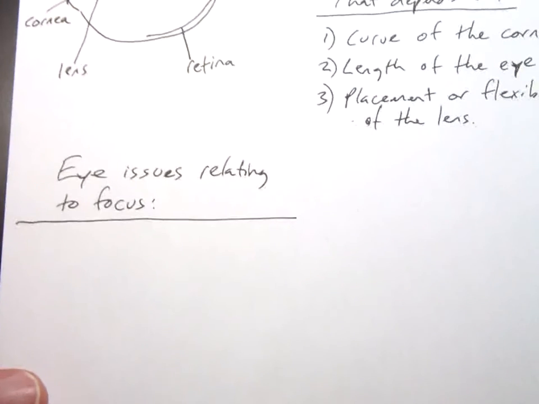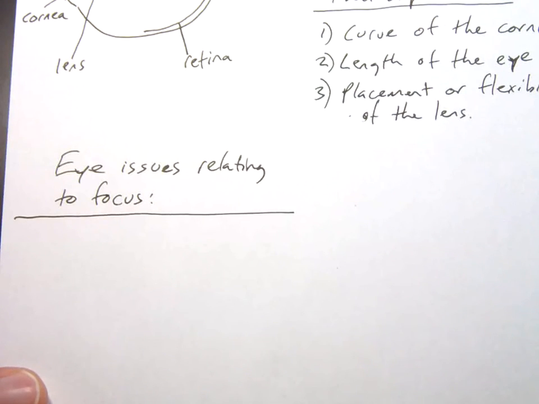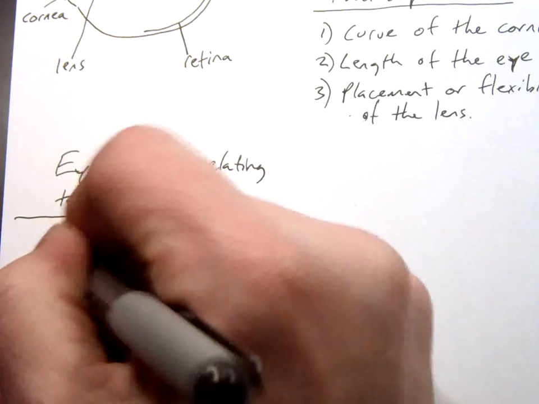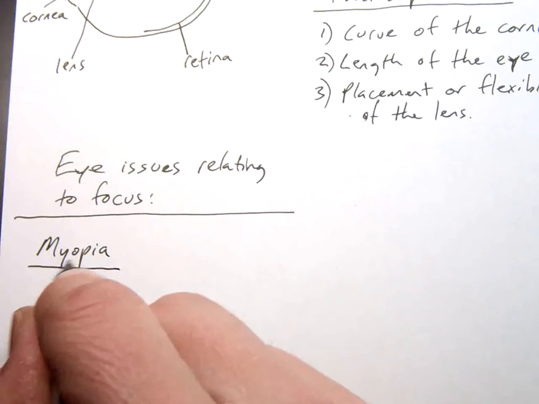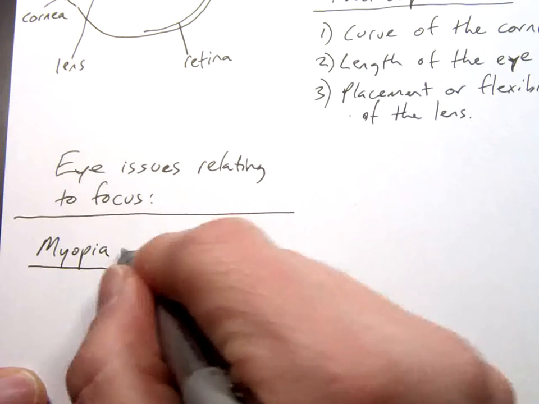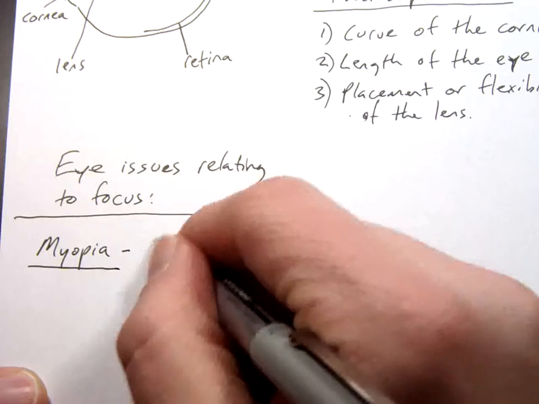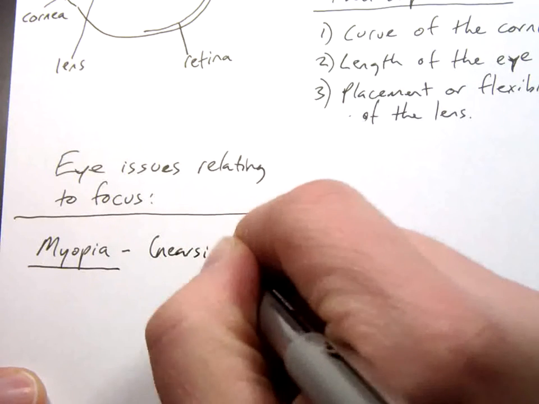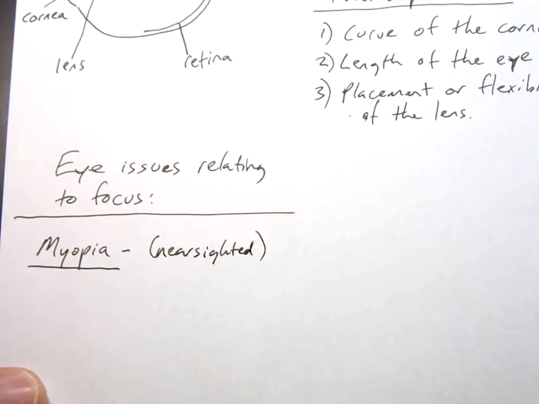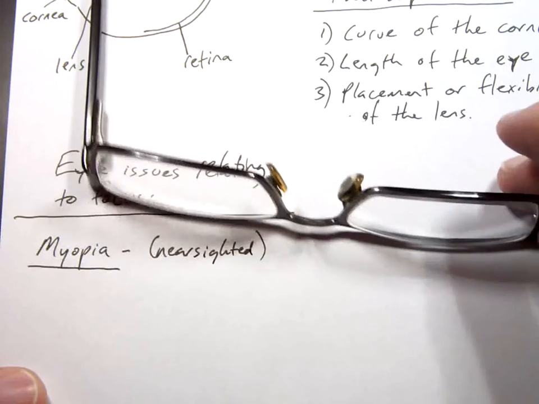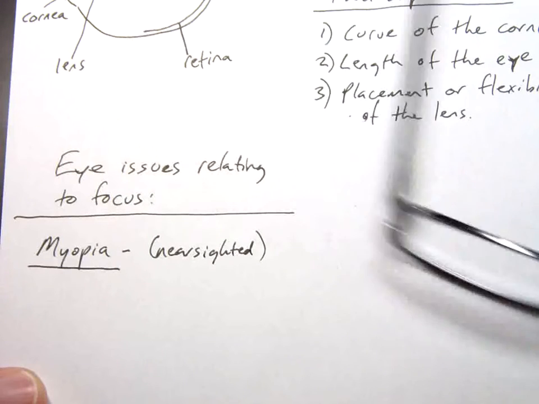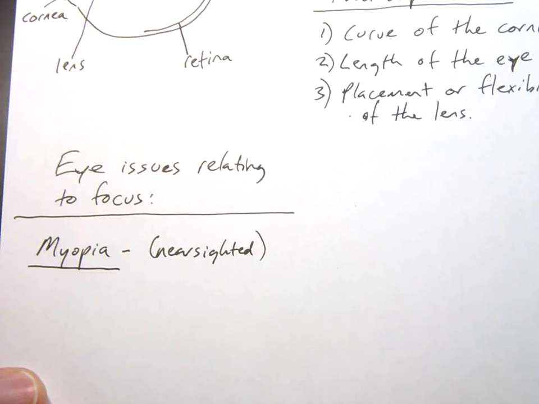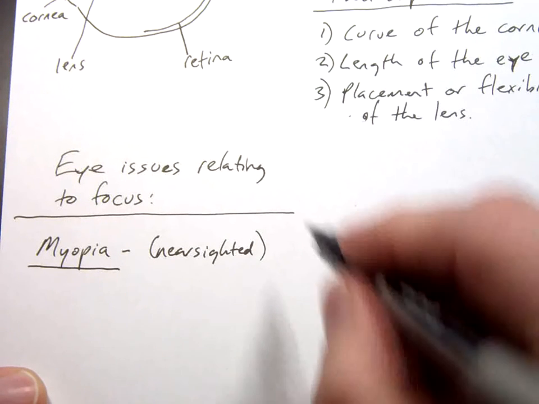The first of these eye issues, and maybe because I'm egocentric, is myopia, because this is the one that I have. This is the same thing as being nearsighted. I have to wear these glasses every day because I can't see very far without them. I can see this paper just fine, and things within about 6 feet I can see perfectly clearly, but beyond that, not so much. And in this case, the eye